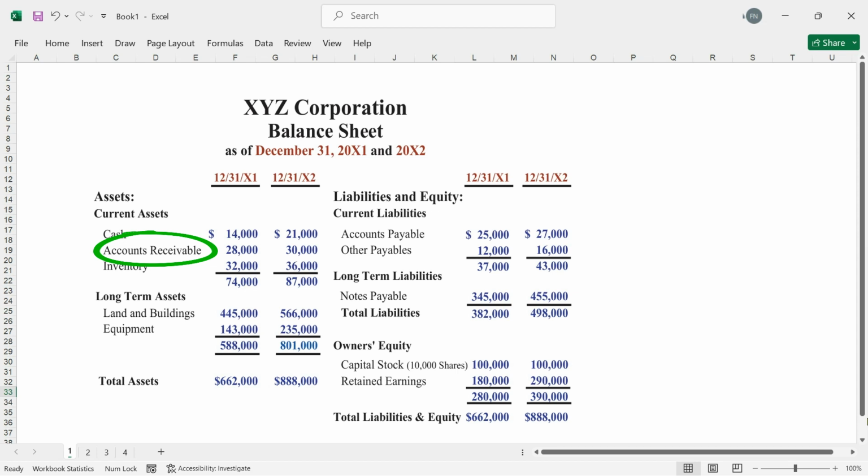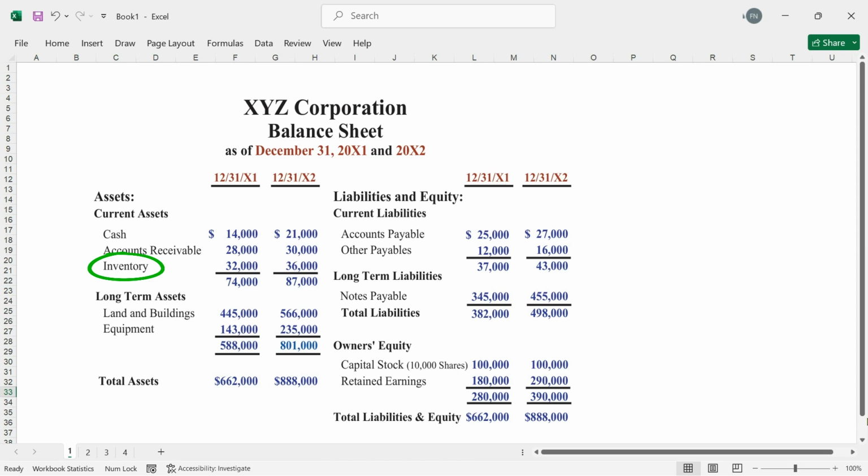Let's look at inventory. It's currently classified here under current assets. Is that appropriate and proper? Well, inventory, 12/31X1, the balance is $32,000 of inventory. This inventory we expect to sell. And we expect to sell it hopefully in the near term here, hopefully within the next month or 2 or 3. We hope to sell that inventory to customers, and as a result, convert the inventory to either cash as customers pay us,